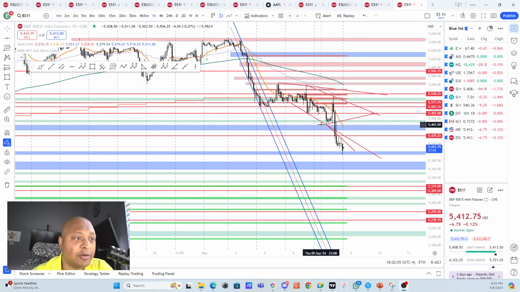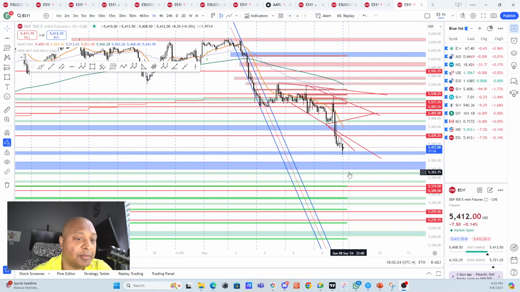And if we are breaking out of that, we may come and retest this particular trend line right here if we get above this 5470 area. However, on the downside, if we are taking out this 5395 area, this is another balance zone that we have on the 1-hour chart between 5377 and 5360.